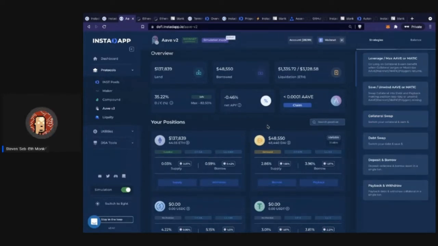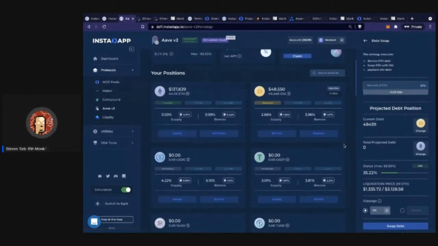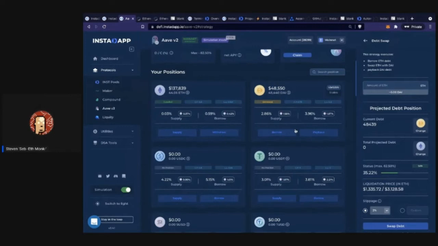And then we'll talk about debt swap, because debt swap is very interesting. Debt swap is what it sounds like: you would be transferring your debt to a different asset. The most classic example would be, let's say, DAI. Well, right now DAI is not the cheapest. DAI is 3.96. So let's say you wanted to convert all your DAI debt into USDT debt, because you'd earn a little bit of savings with the borrow. So you could do something like that.